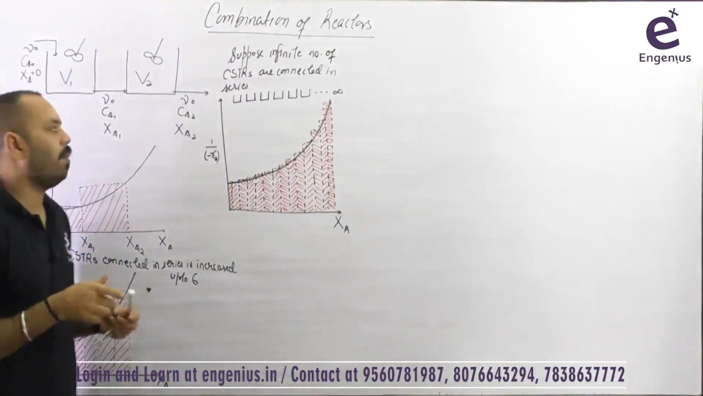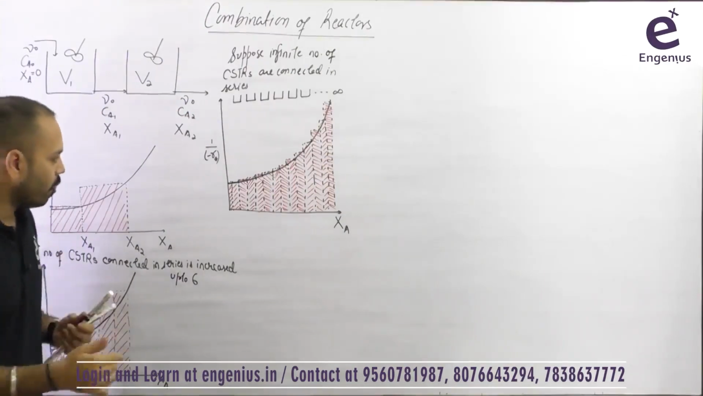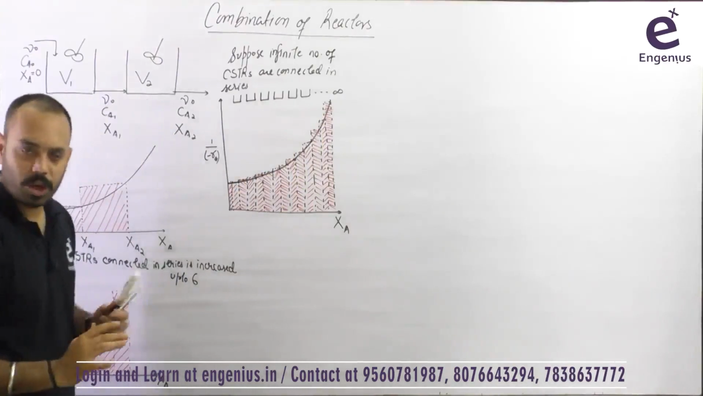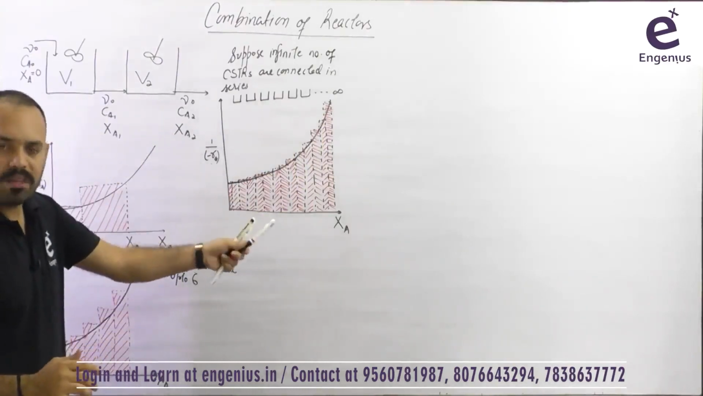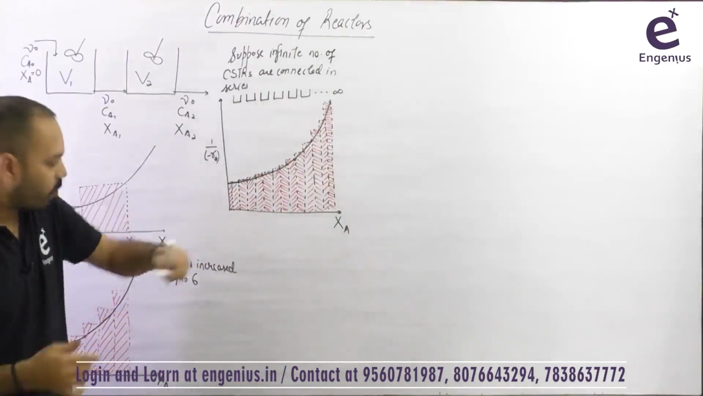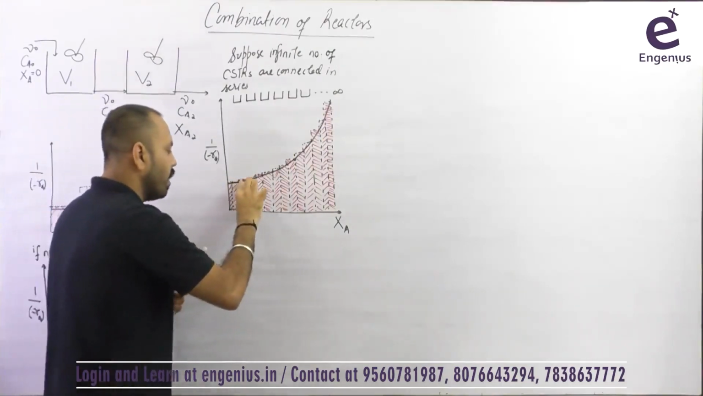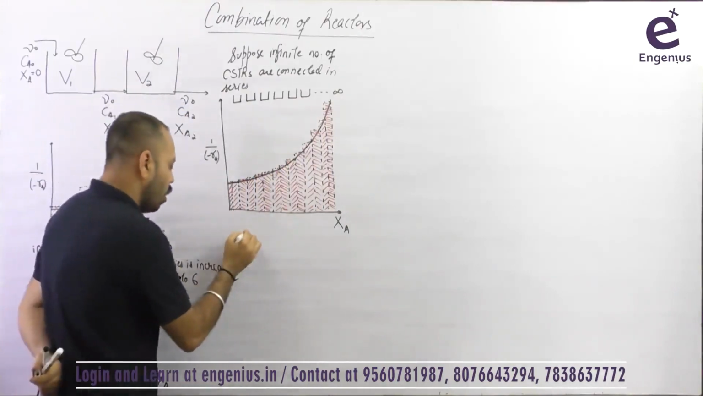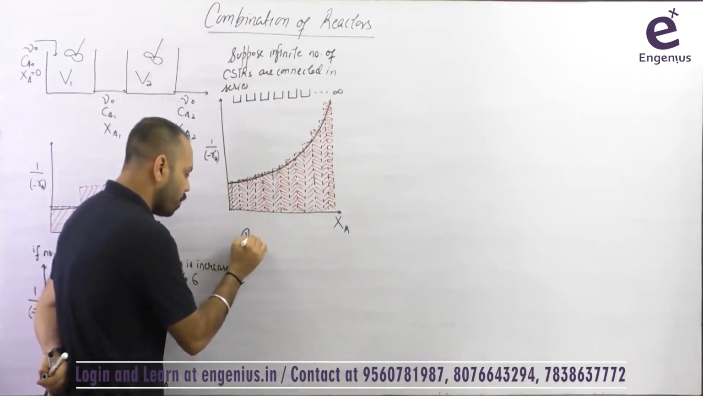Because what was the Levenspiel plot for a PFR? For a PFR, the plot was exactly like this, the area under the curve. Now this plot is similar to the plot of a PFR. What is the plot of a PFR? You are going to get the area under the curve. It means a combination of CSTR,